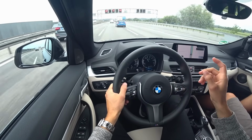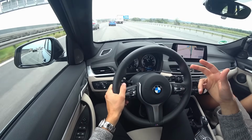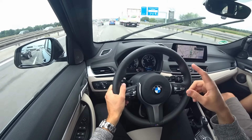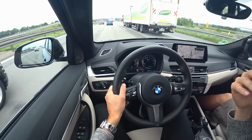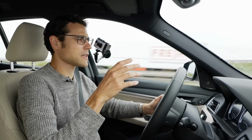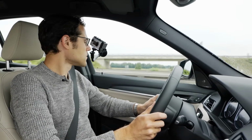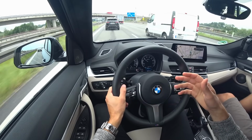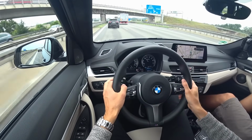And however, it can be a little bit better when you have situations, for example, switching speed, or you see, oh, I need to overtake someone, go off the throttle, then there's some recuperation happening and so on. So this can work depending on how you drive on the motorway or how the traffic situations are. Once again, here also at higher speeds, 120 kilometers an hour,